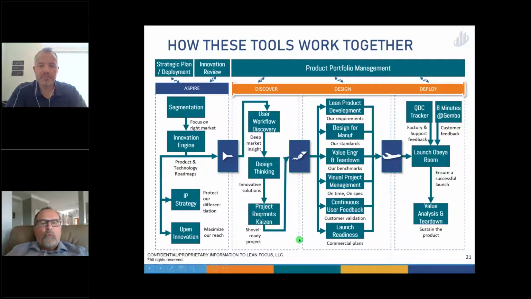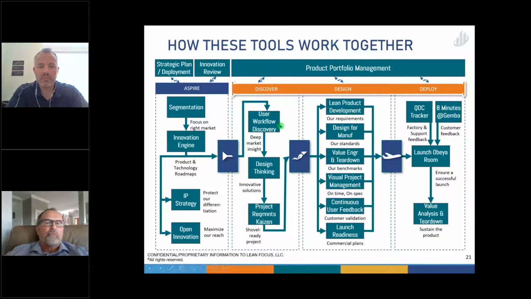So I want to give you a few minutes to take this slide in, but this is our view of the entire innovation journey of the tools that we provide to support it. As you can see, again, we're divided into our 4 sections, and up across the top is the management section. How do we manage these things? And then down at the bottom is how do we actually create value? So in the beginning, as I said before, we have to segment, we have an innovation engine, and we push through a funnel and we get the projects that we're going to work on.